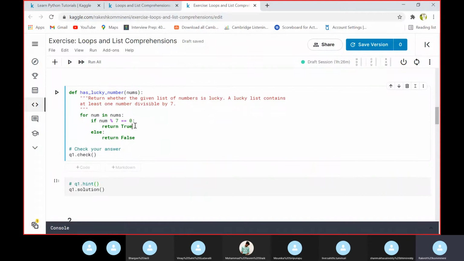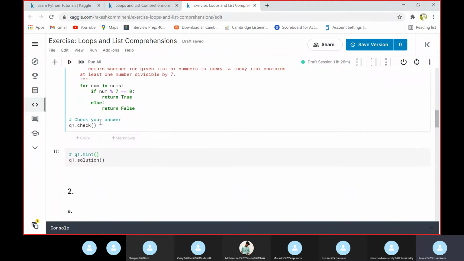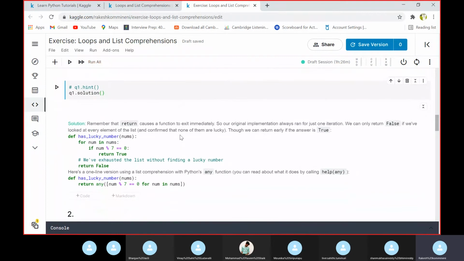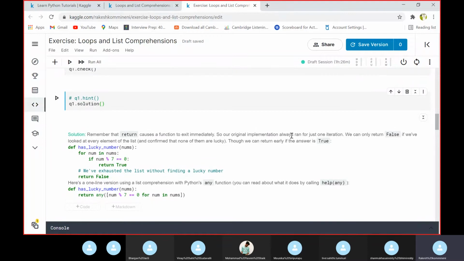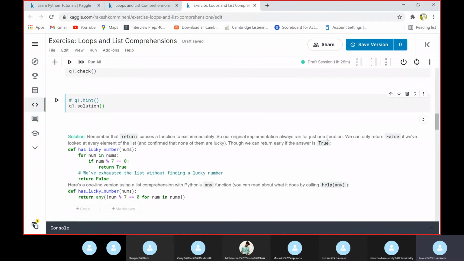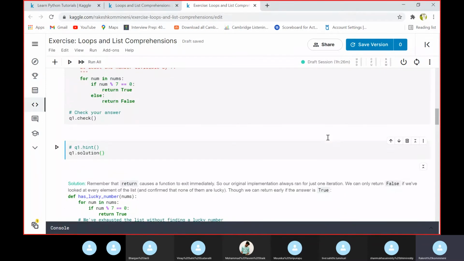It will automatically exit this block. So wait, let me show you. So remember that return causes a function to exit immediately. So the original implementation always ran for just one iteration.